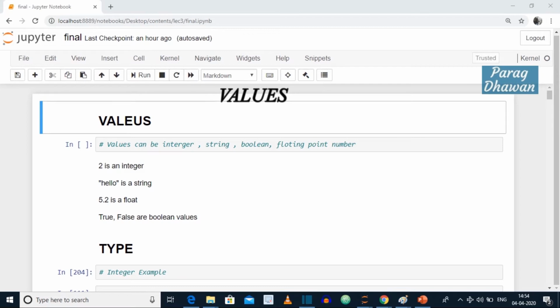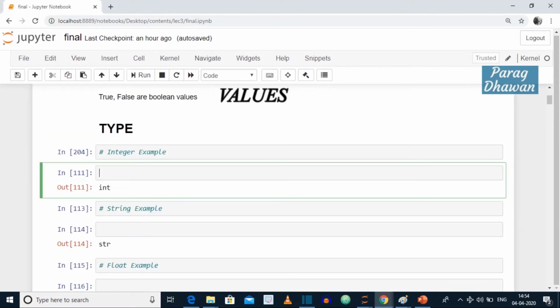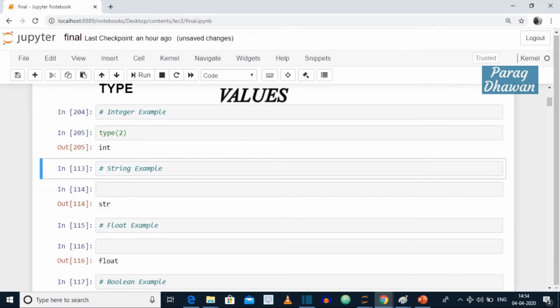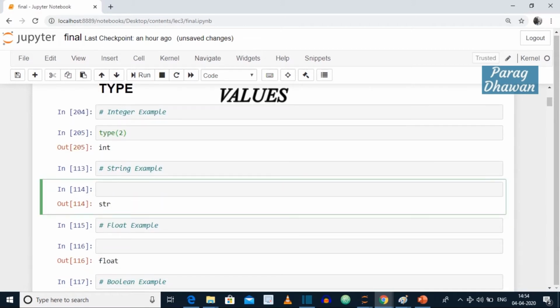Let us see the type of these values. For integer type, you have to give a type function, and let us find type of integer 2. You click on the cell and click on run button, it will give type of integer as int. For string, let's find type of string constant.